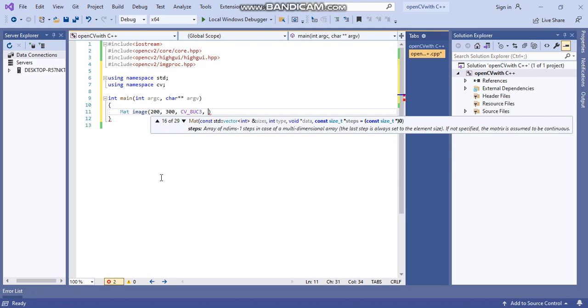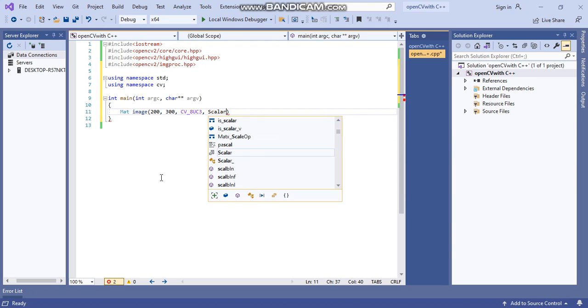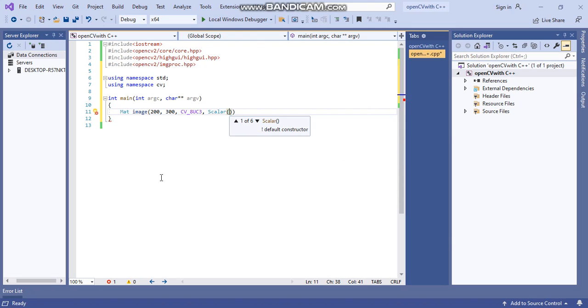And after that color, for color the type is Scalar, so write a Scalar. And if you want to make black, give it 0, 0, 0 and then semicolon, okay.